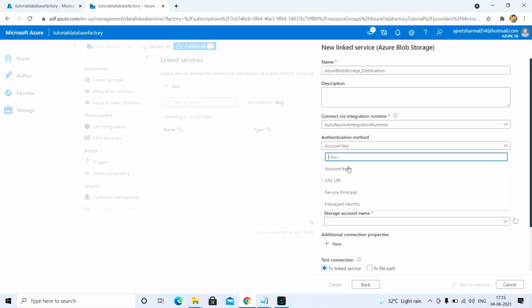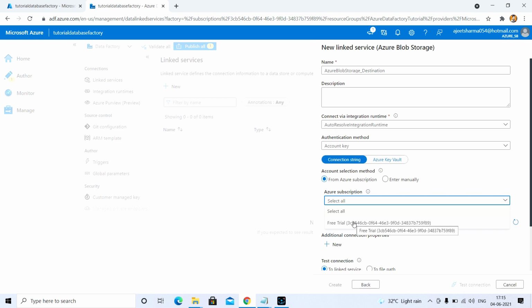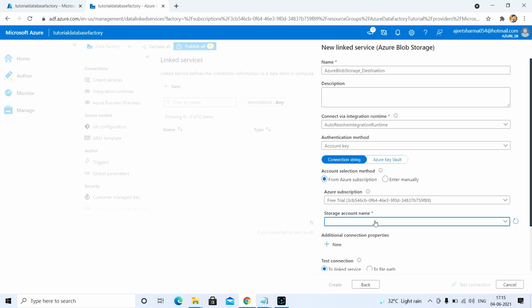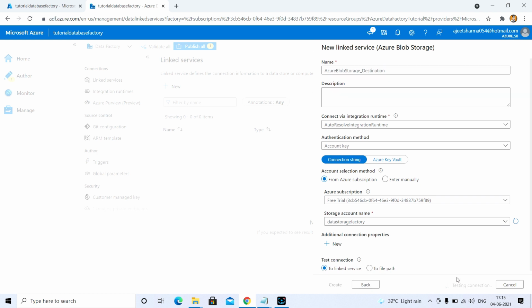Here we can use the account key. Here you need to select the subscription and the storage account which we have created. Once you put the details, you just click on Test Connection. As you can see here, the connection is successful.